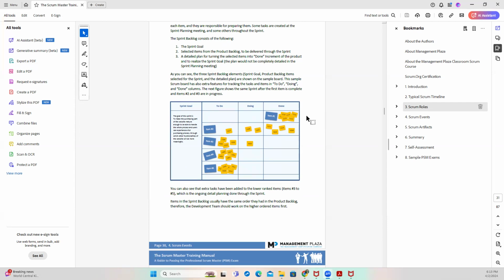And then you also need to ask a lot of questions. If you see that one developer who has been assigned maybe item number 3 is not working on it for 3 days, nothing. You meet during the sprint daily stand-up, and you're not hearing them say anything about what they are doing. You have to schedule a one-on-one session with them as a Scrum Master and find out what is going on.